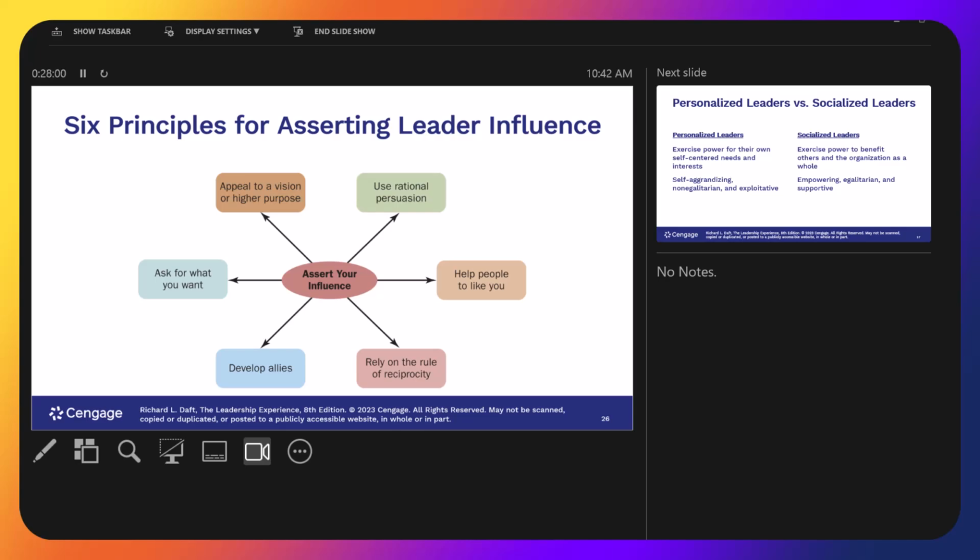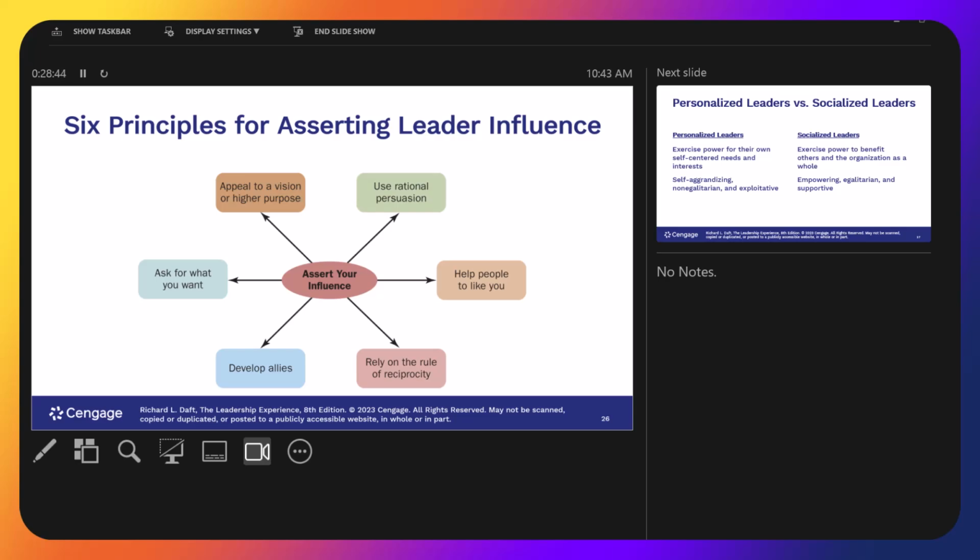Ask for what you want. One of the things when you look into your influence is being direct with people. There's a term called being squirrely. People don't like squirrely folks. Basically it means you're trying to ask me for something, but you're saying it in such a way that I don't know what it is, because you won't be direct with me. Be direct with people and ask for what you want. Make sure there's no ambiguity, no misunderstanding about what it is you want. I know this may sound simple, but you would be shocked at how many times people are like, well, this is what I thought you said. Well, this is what I thought you wanted, because they didn't know. The person was not clear about what they wanted, and they got something else.